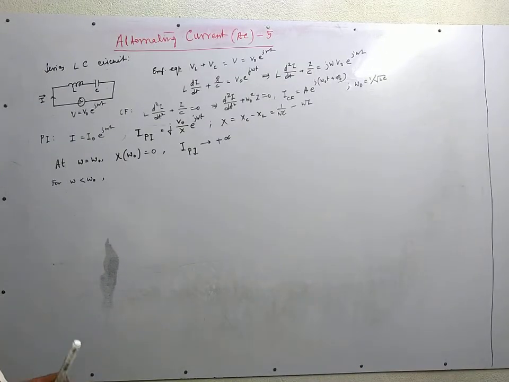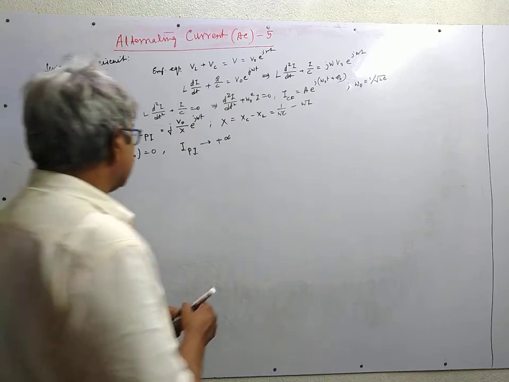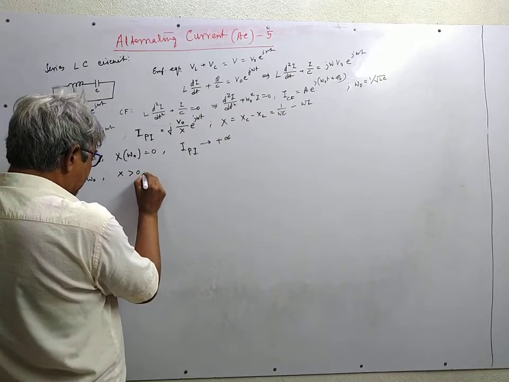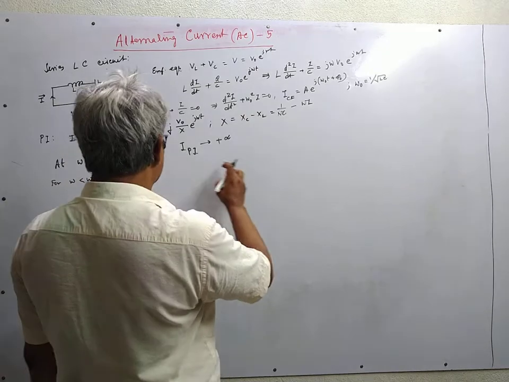At omega less than omega 0, X is positive. We have X is greater than 0, and since X is greater than 0,